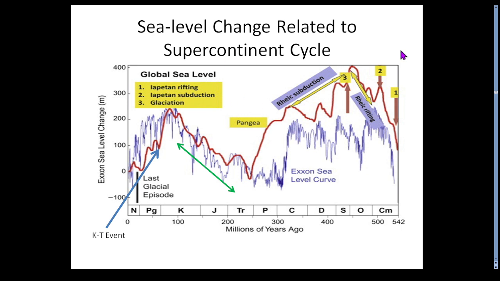All right, sea level change related to the supercontinent cycle. So this is an advanced chart, but the gist of it is we have an ocean that was growing back 540 million years. This basically is relating to Pangea's formation, and most particularly the east coast of North America. So in the Cambrian, we had the rifting of slices of Africa, northwestern Africa, that kept getting ripped off